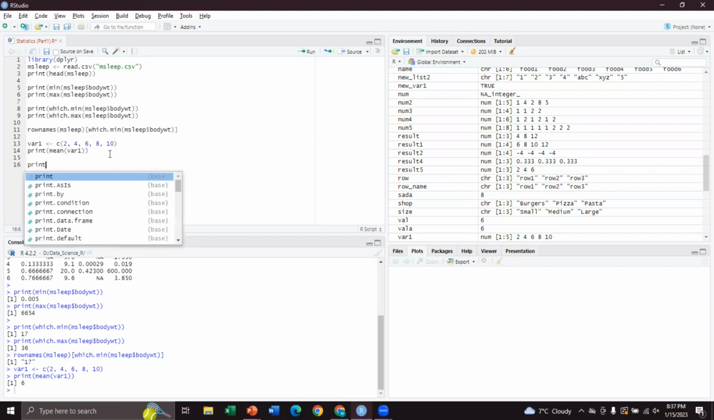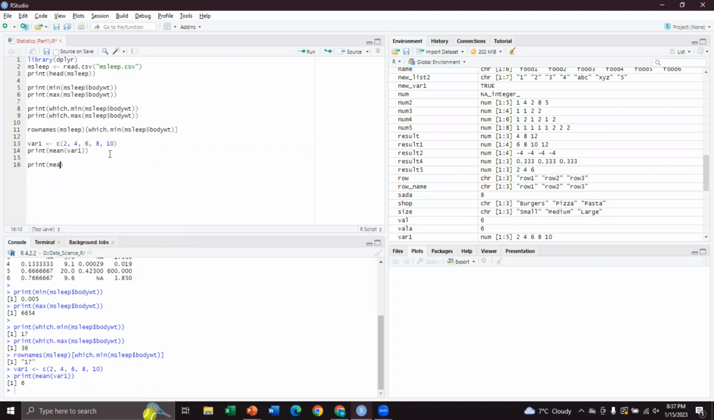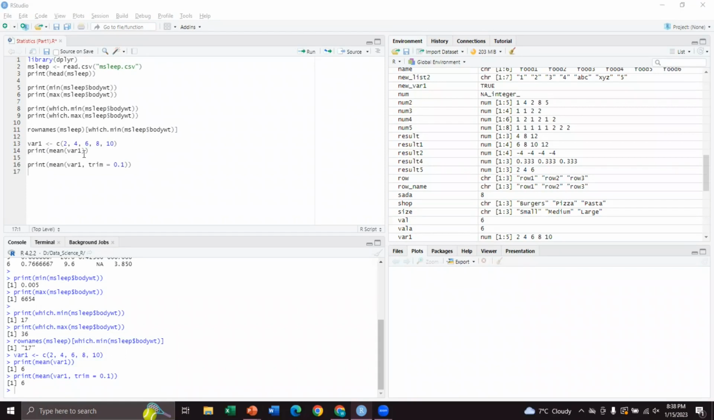Now, for instance, I use a parameter in the mean function, and I say take this var1, but this time I will use the parameter trim, and I say trim equals 0.1. So it will trim one value from each side of the vector, which is going to be 2 and 10. Let's run it. You can see here that 4 plus 6 plus 8 is 18, and 18 divided by 3